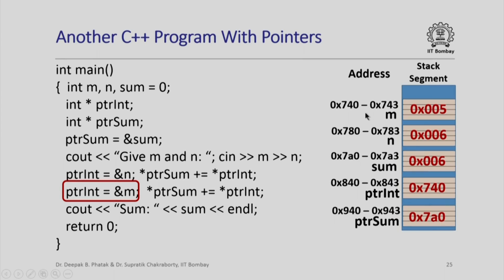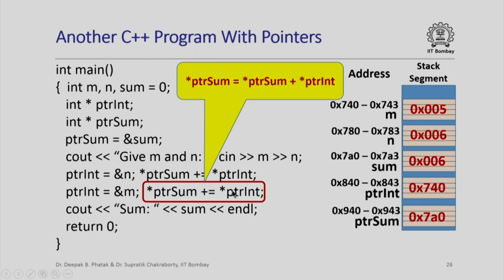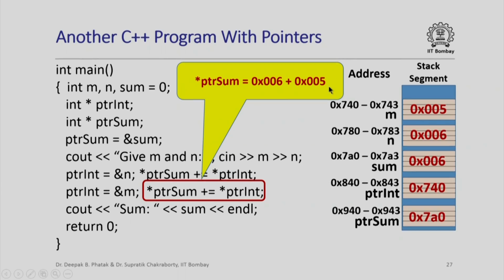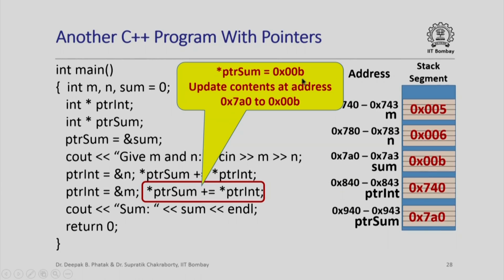pointer int. The address of m is hex 740, and once again when we execute the statement, we find the value of pointer sum, which is hex 7A0, go to that memory location and read the value from there, that is star pointer sum, that is hex 6. We find the value of pointer int, which is hex 740, go to that memory location, read the value from there, that is star pointer int, that is hex 005, and when we add these two numbers up, we get